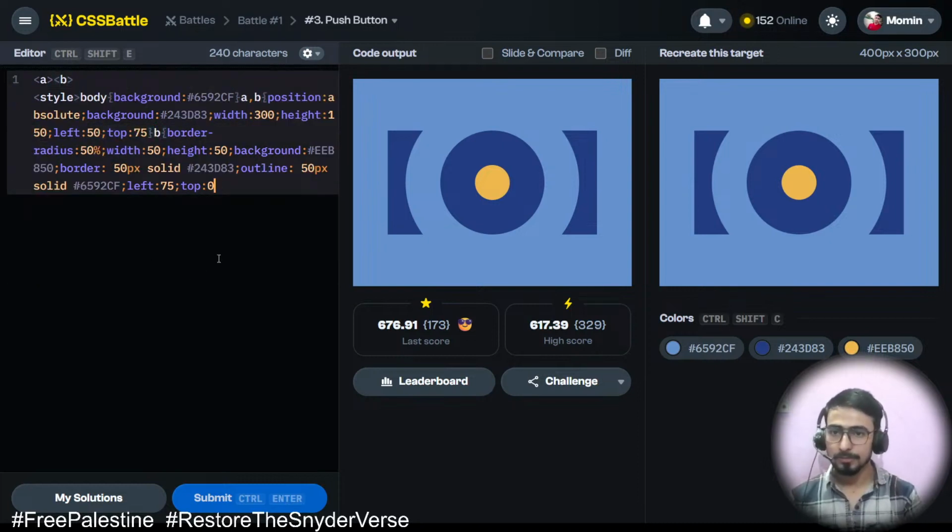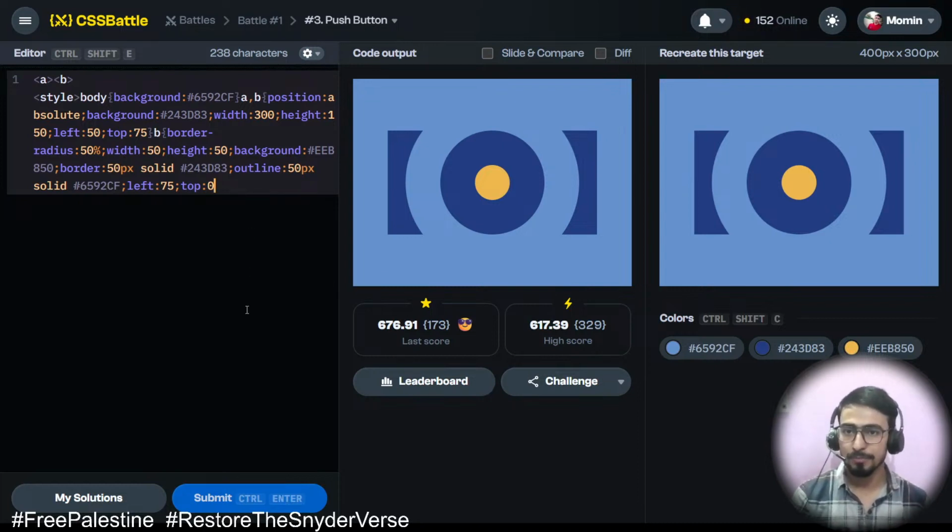Anything else I can remove? Yes, this I can remove. This space I can remove. And this space also I can remove. Anything else I can remove? No, I don't think we can remove anything else. Now I am going to submit it. Submit and